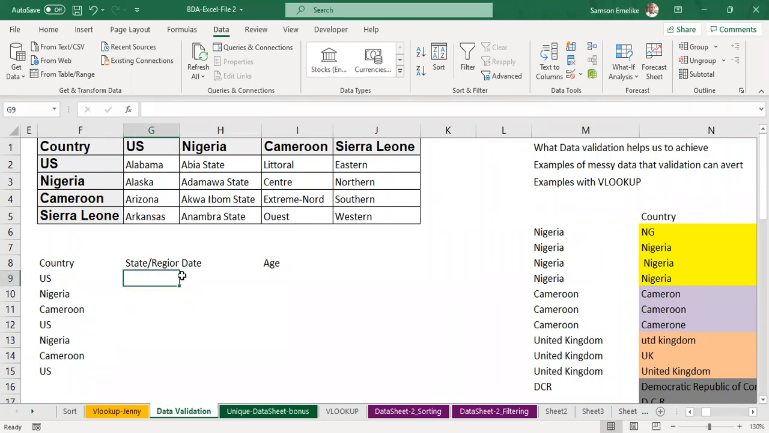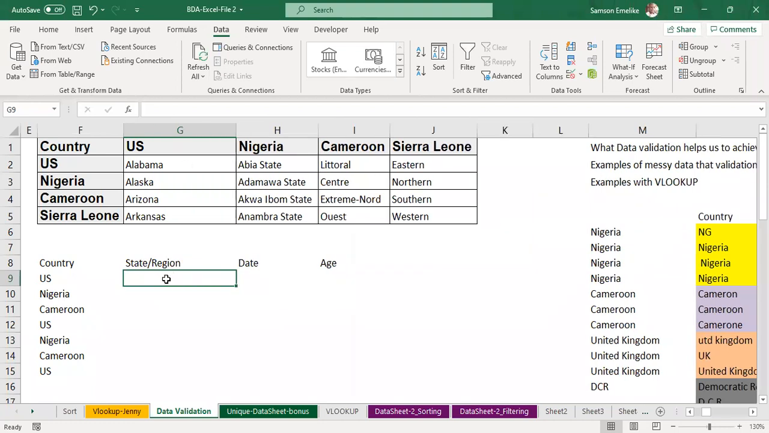So I want the state or region that will appear here. Let it be dependent on whatever that is here. Now, for this particular one, I want to delete this entry here so that you see the error, a kind of message that will come up, and then you will run into a problem, assuming you are doing this on your own. So I come over here, I'm going ahead to click this,